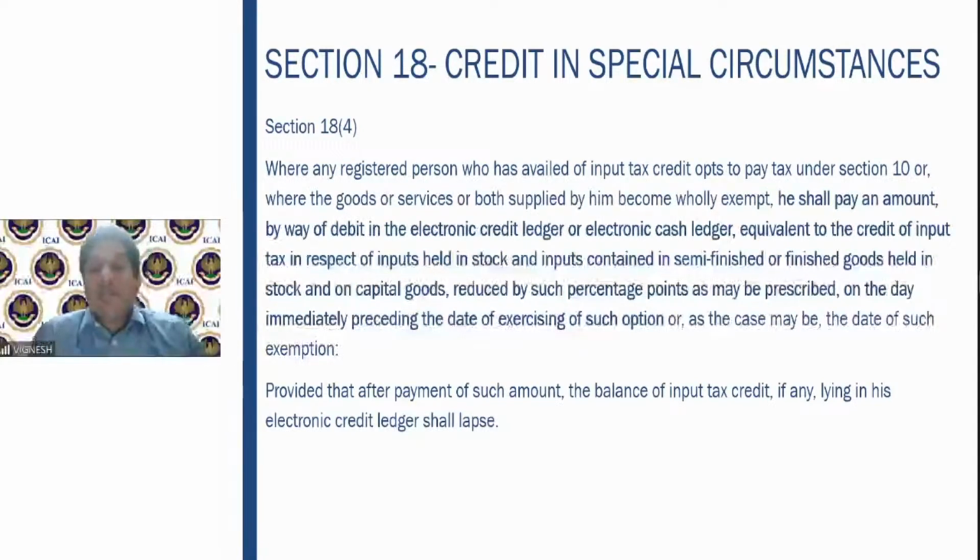Earlier it was taxable. Then he shall pay an amount by way of debit to the electronic credit ledger or cash ledger, equivalent to the credit of input tax in respect of inputs held in stock, semi-finished goods, and capital goods, reduced by such percentage points, on the day immediately preceding the date of exercising the option or the date of such exemption. I hope it is clear. So whenever you are exercising the option for registering under the composition scheme, on the day prior to that particular date, whatever stocks are there on that particular day,